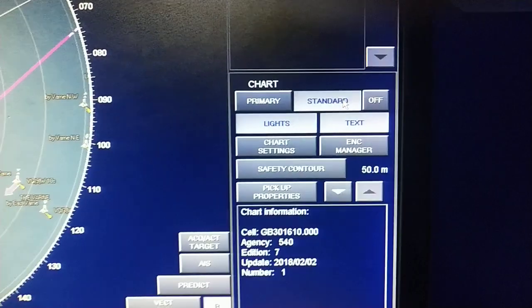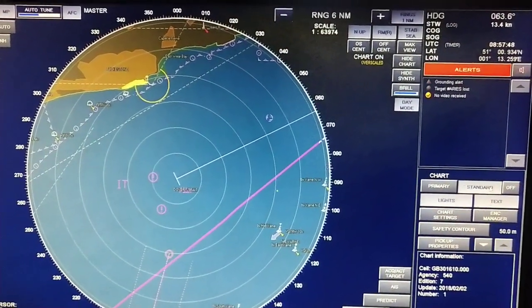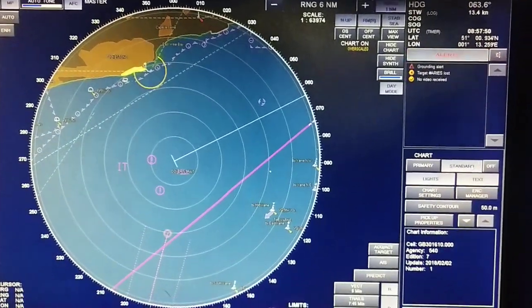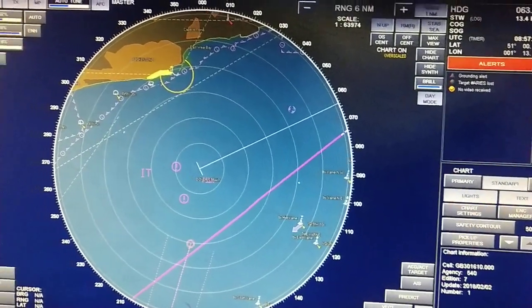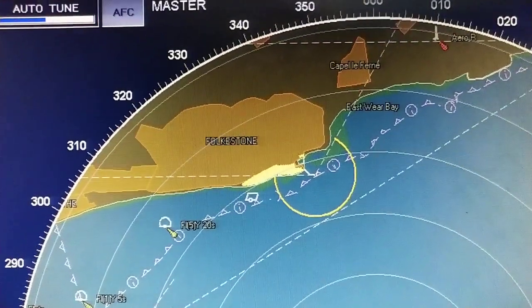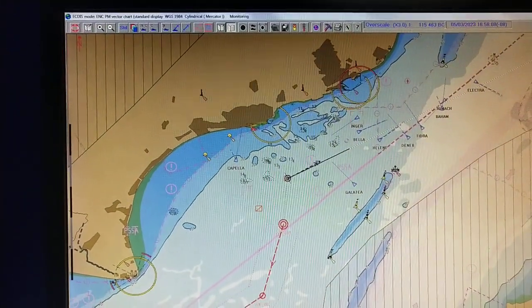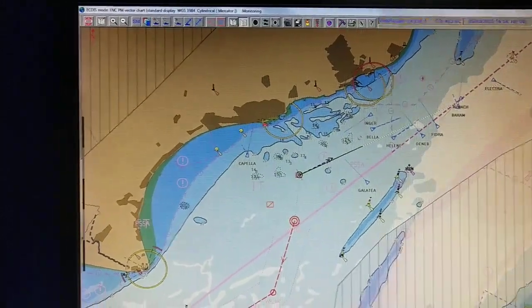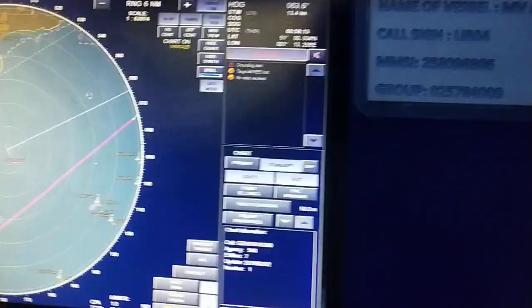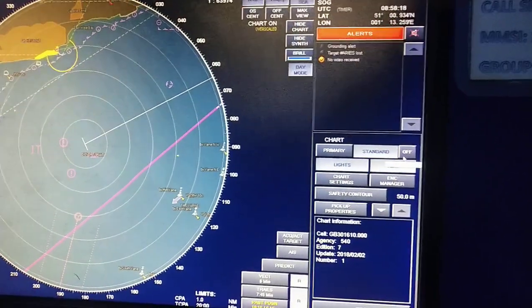Click standard, and this is what your radar display looks like. Very similar on your ECDIS because it is an interface. Let me now turn off the overlay,